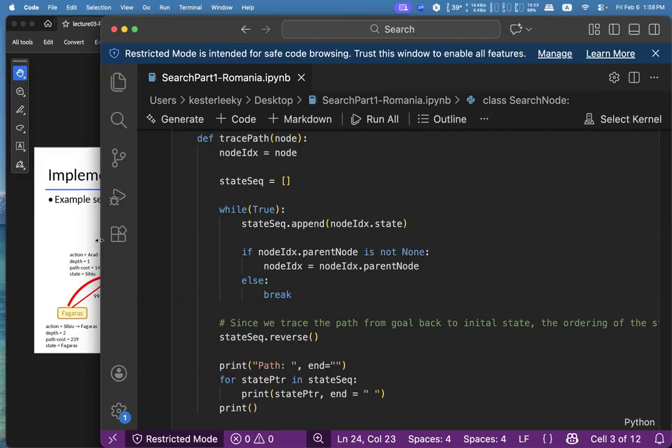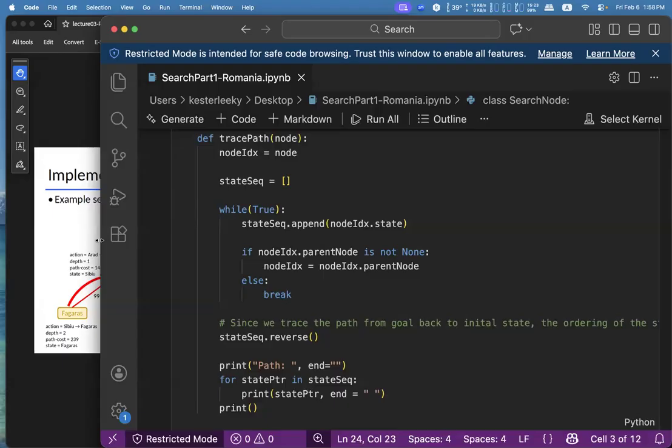If you want to do a back trace of the path, you start off with a leaf node, and you assign the leaf node object reference to the node IDX. Then you do a while loop, and each time you check whether the current node IDX's parent node is null or not.